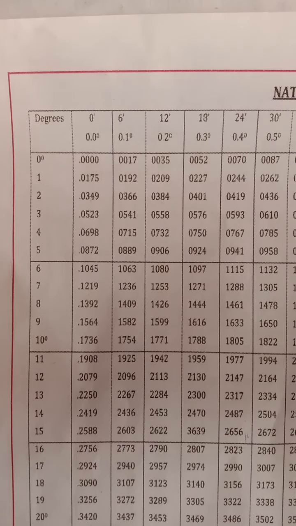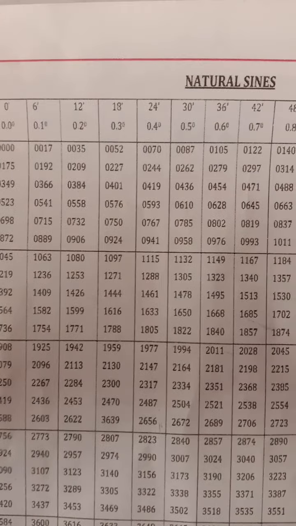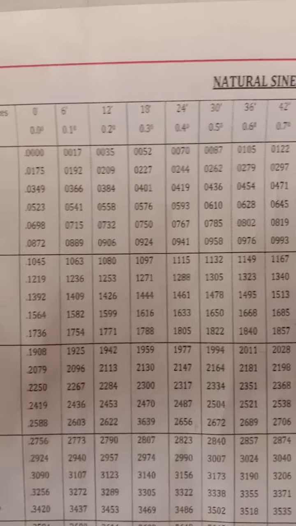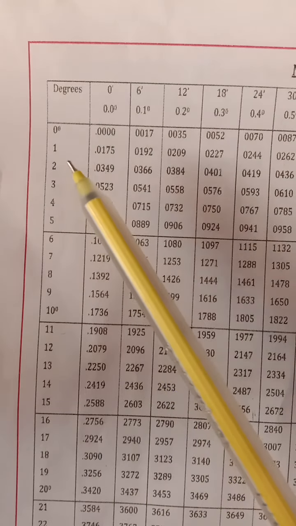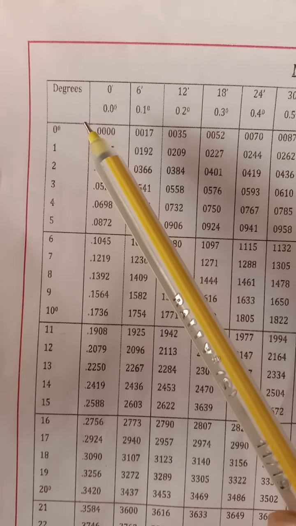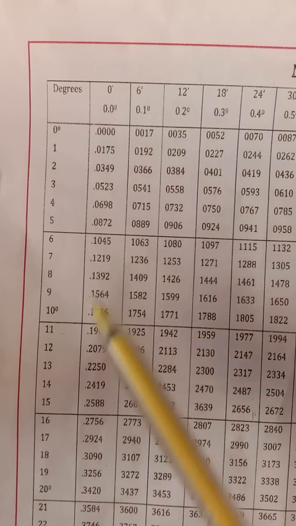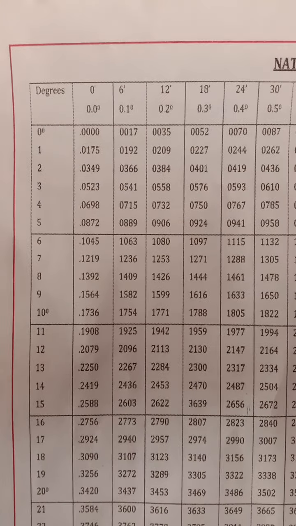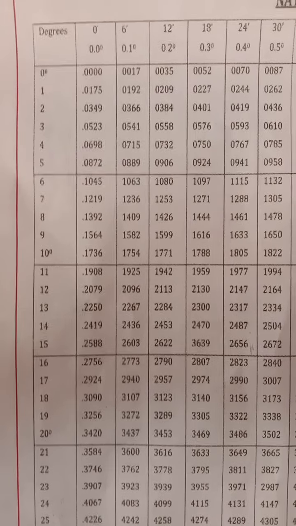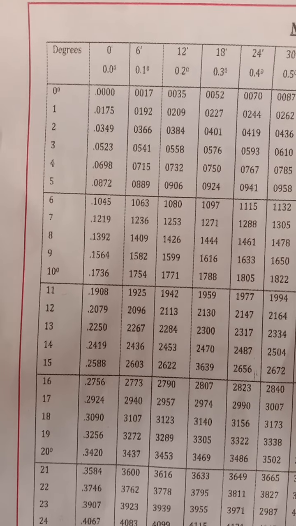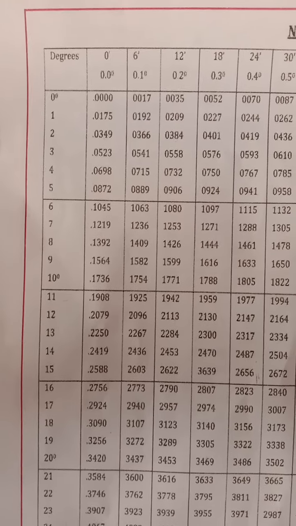So like this table will be provided to us, which is natural sine. It will be having the first column in which degrees are given from 0 to 89. So like this, from 0, 1, 2, 3 up to 89 degrees, these angles will be given in terms of